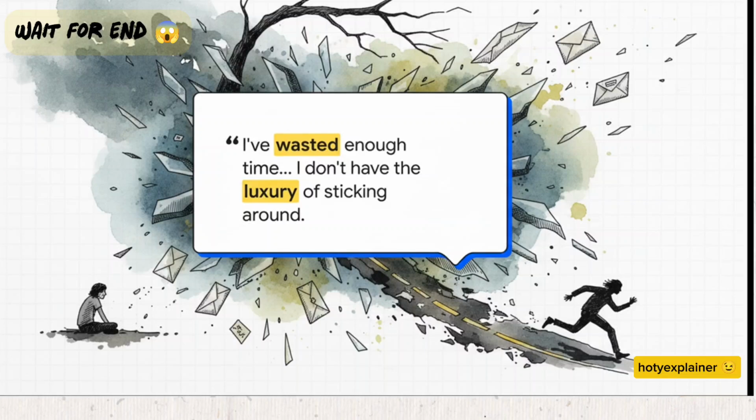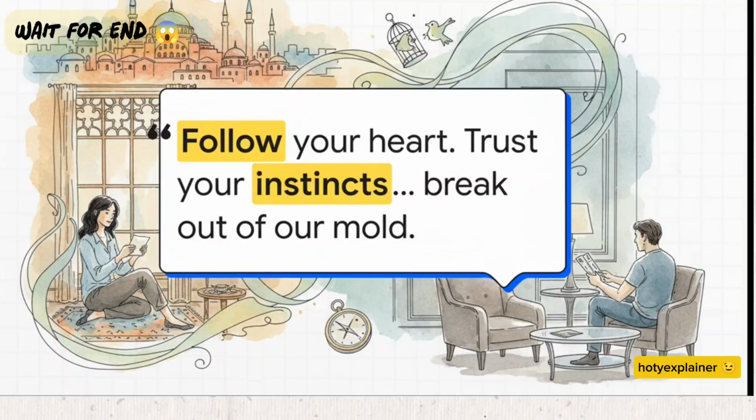In that moment, we're meant to feel like the magical spell of the road trip has been completely shattered by cold, hard reality. But then, we get this beautiful thematic synthesis. Hope is standing all alone in Istanbul, finally reading her mother's last letter. The letter reads, "Follow your heart, trust your instincts, break out of our mold, and stop seeing the differences between us." Now, on the surface, the mother is writing about wishing she had broken out of her own mold with Hope when she was still alive. But narratively, those words are speaking directly to Jeb's ultimate realization as he sits in that quiet hotel lobby just staring at his ticket home.